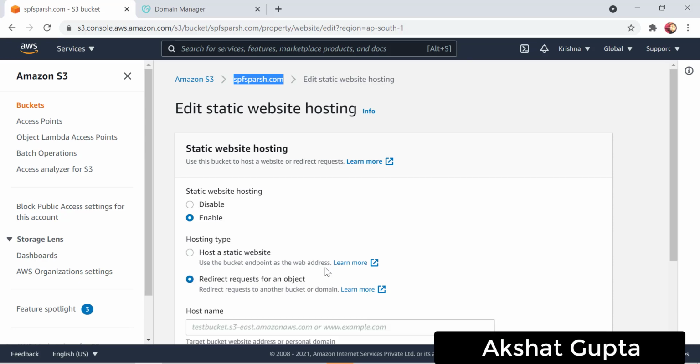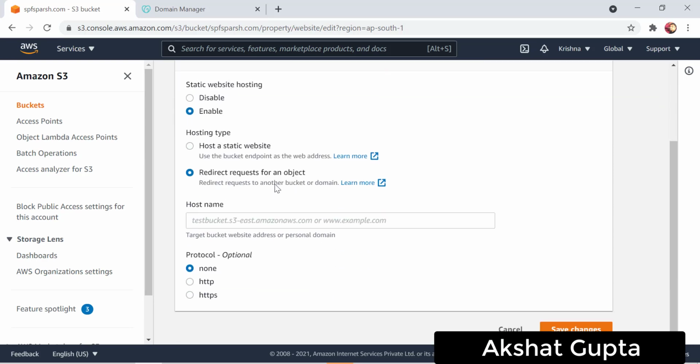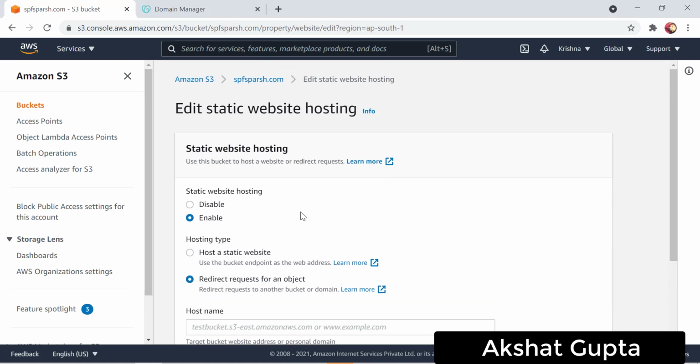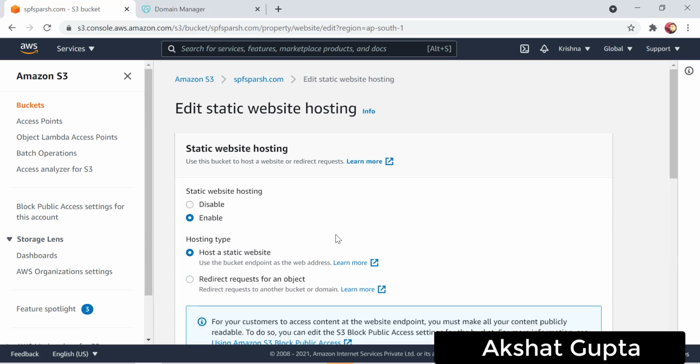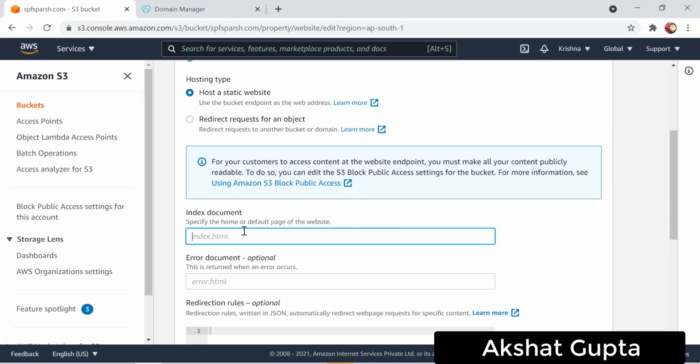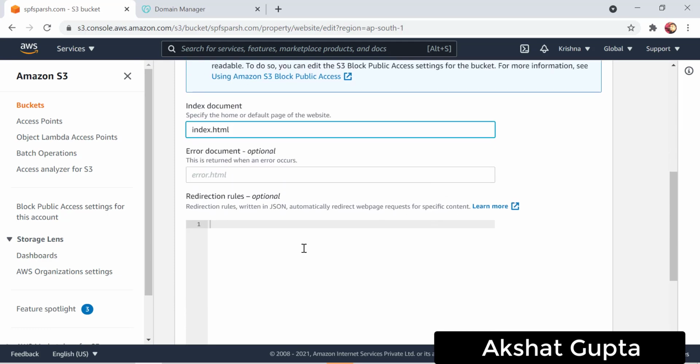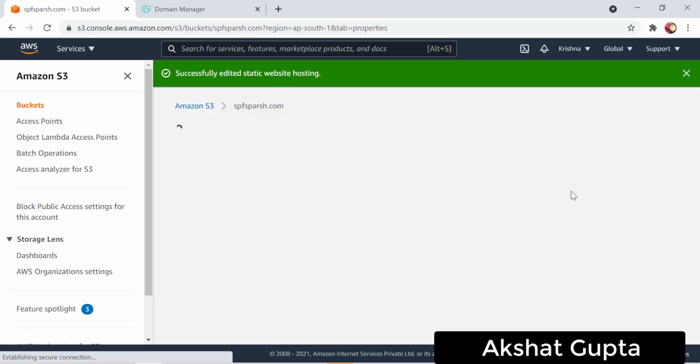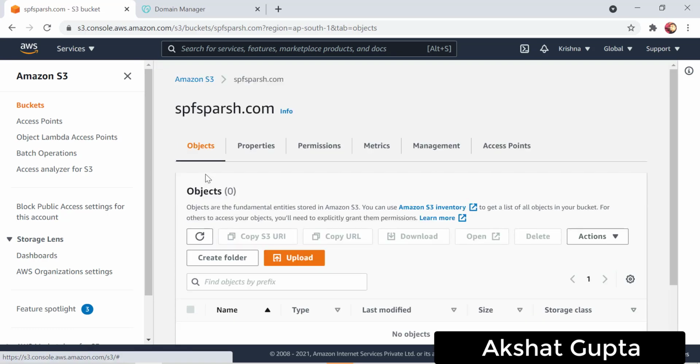In that case I would use the redirect requests for an object option, and here I would use whatever host name I have given. For now I just want to host a static website, so let me enable this. Just leave it like that, and index.html will be my main document. Let me save the changes. Now I have saved the changes.